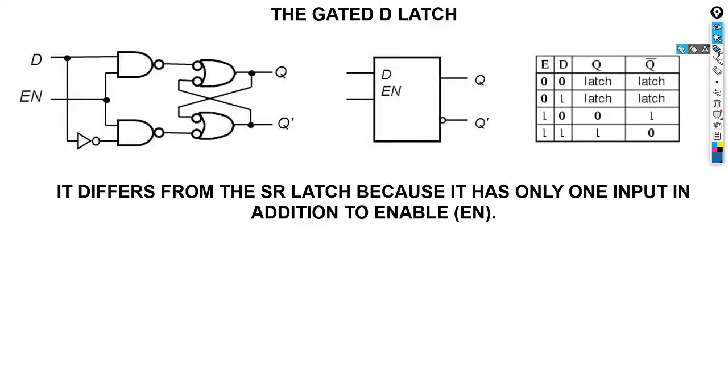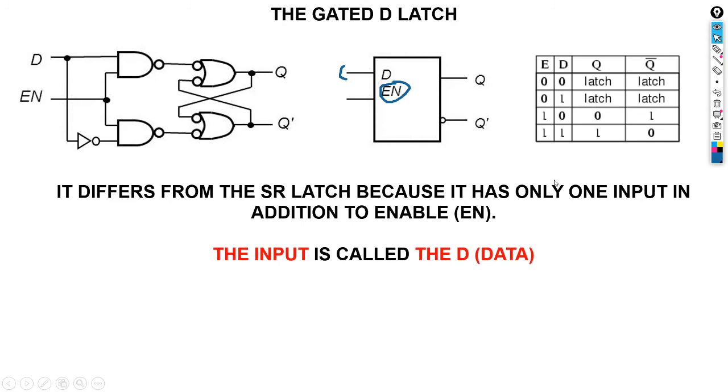And then the last one, when it comes to the gated D latches, it's different from the SR latches because it has only one input in addition to the enable. So this guy, as you can observe, only has one input, and then we have that enable switch that we discussed in the previous video. It's like a switch, so we only have one input data and the enable switch,